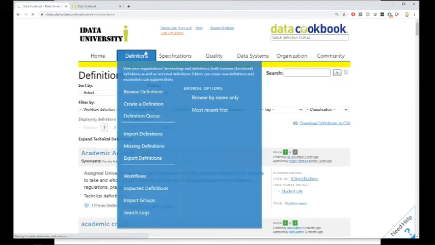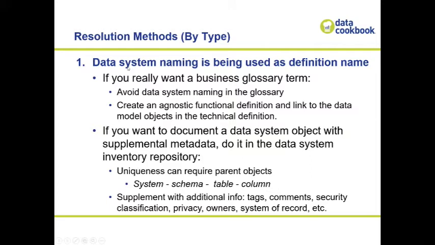Okay, each organization gets your own tenant in that repository, and you can fill it in with whatever you want, and there's all sorts of ways to bring things in. So the first thing we talked about was the data system naming being used as a definition name. So there's two things. If you really want a business glossary term, if someone is talking about customer ID or whatever, but they're using data system naming, but you're talking about it in what should be an agnostic business way,